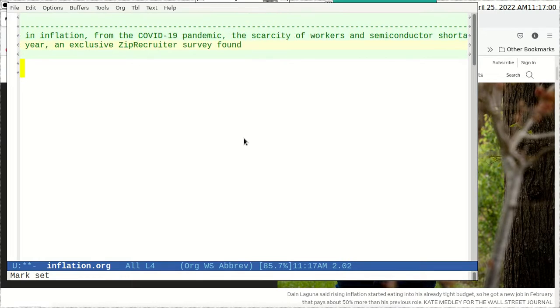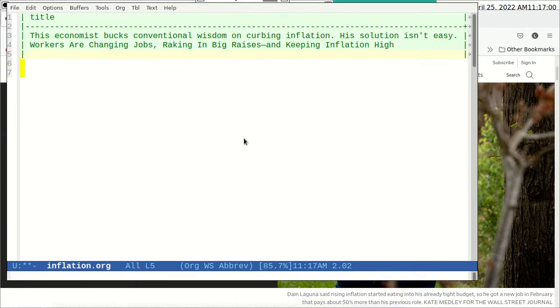Okay, now I got a nice table. Sorry, I have a Japanese keyboard and now it's really hard to remember by touch typing. Now I got an Org table.